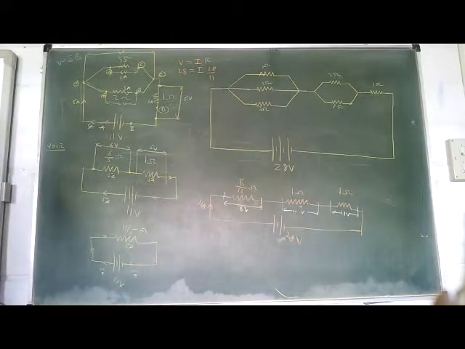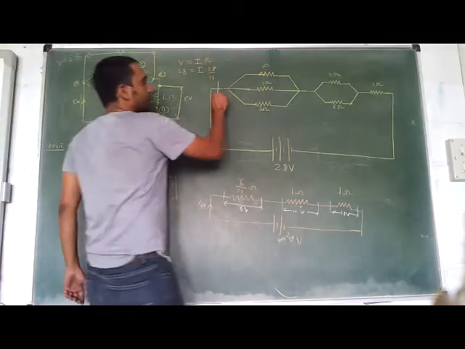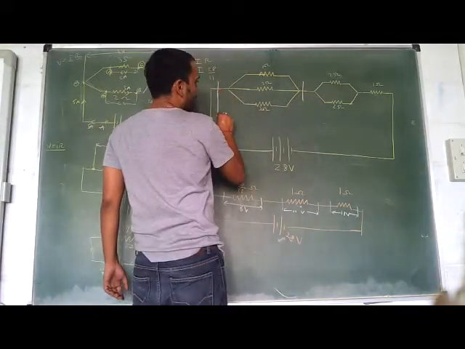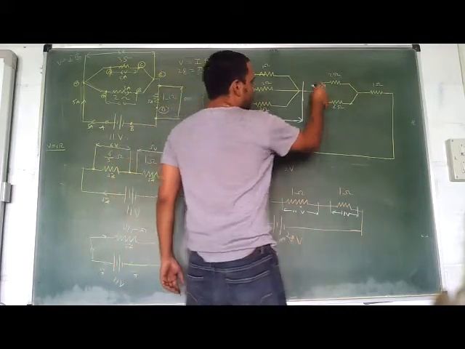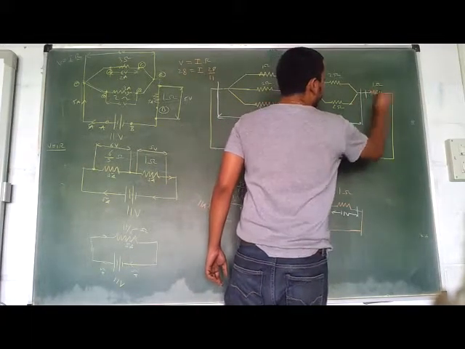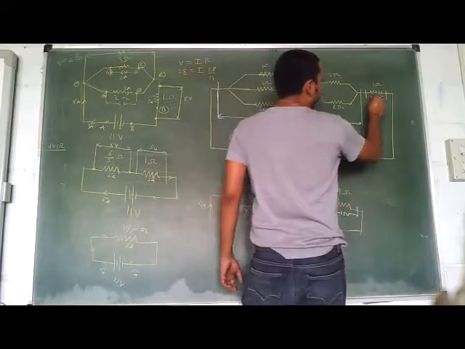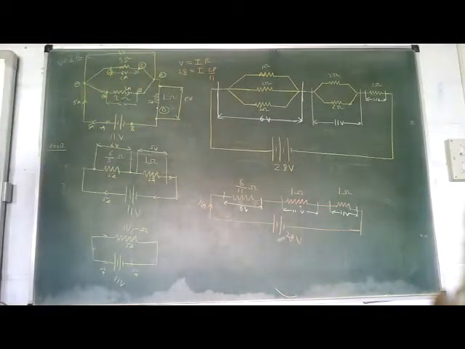What is the next job? Go back to the main circuit, identify the potential drop that you have marked over here. So in the main circuit, the 6 volt appears where? This potential is your 6 volts. And this one is your 11 volts. And this one is not required, we have already found out the current. Still it is 11 volts. Right? The last job is to get the current in each of the resistances. Get it? Get fast.